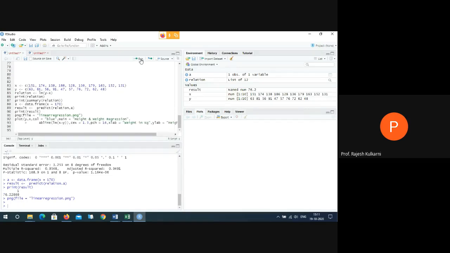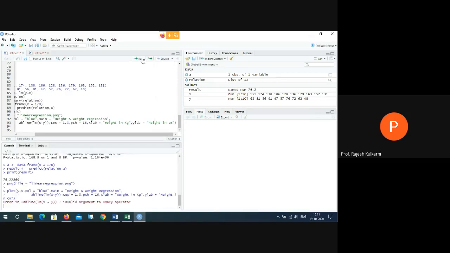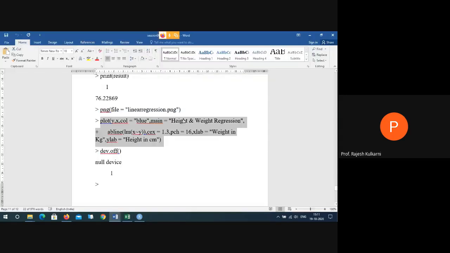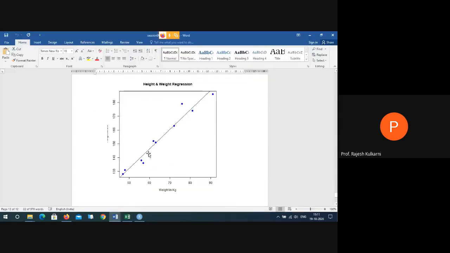And then I'll say run. Some error is there, but if you go properly, this is what is the regression graph it will be plotting.